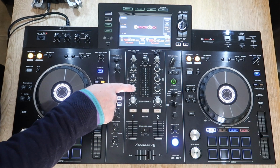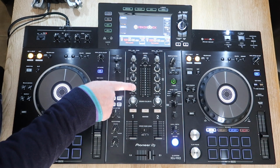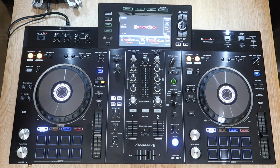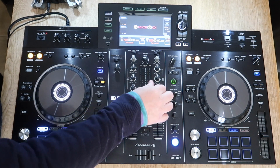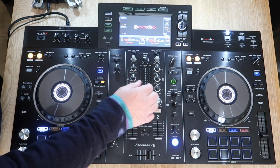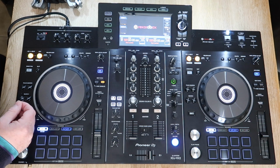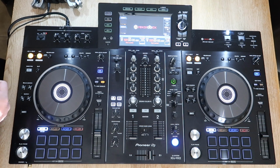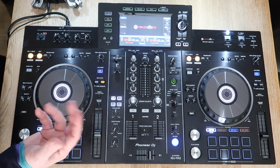Above that is your EQs. So you have your high, medium and low. So effectively when you're setting up a room, if you find you need to bring a bit more bass in or knock a little bit off, then you can do so. I do recommend, if you go to a venue and they say they don't like a lot of bass, that you get speakers that have the ability to have a high pass filter on them,